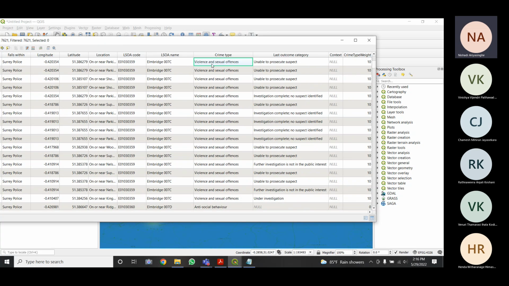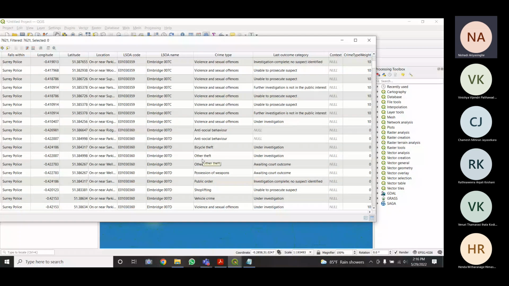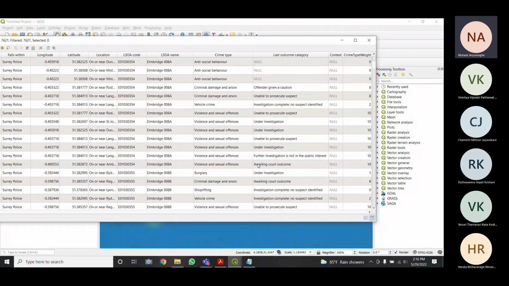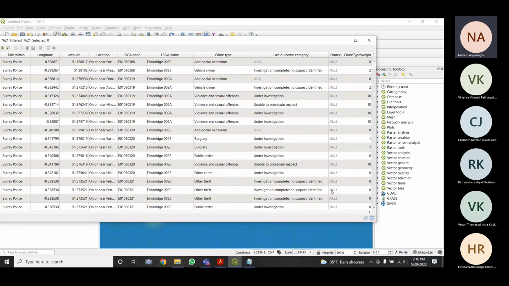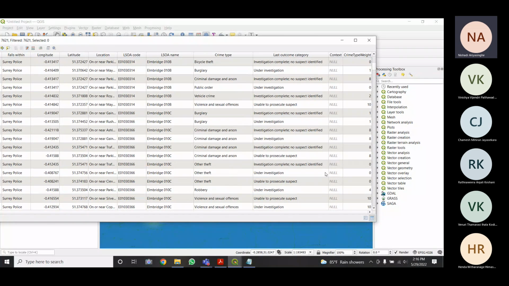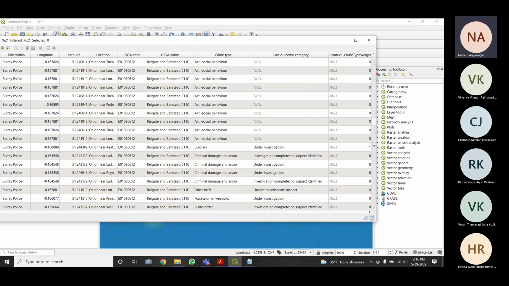Depending on the crime type, violence and sexual offenses takes the highest value, and the other, this antisocial behavior, bicycle theft, everything, I have given to the else part, so it takes 0. Vehicle crimes have the lesser weight, and burglary has weight lesser than the vehicle crime. You can see here, drugs have the weight as 6. So the values have been updated like that.